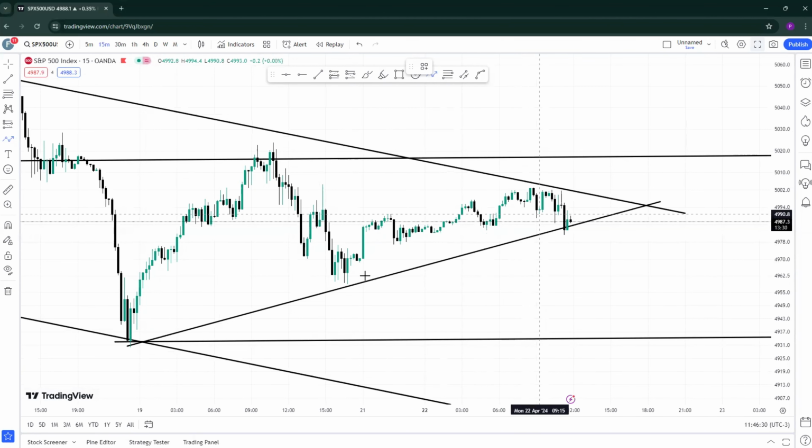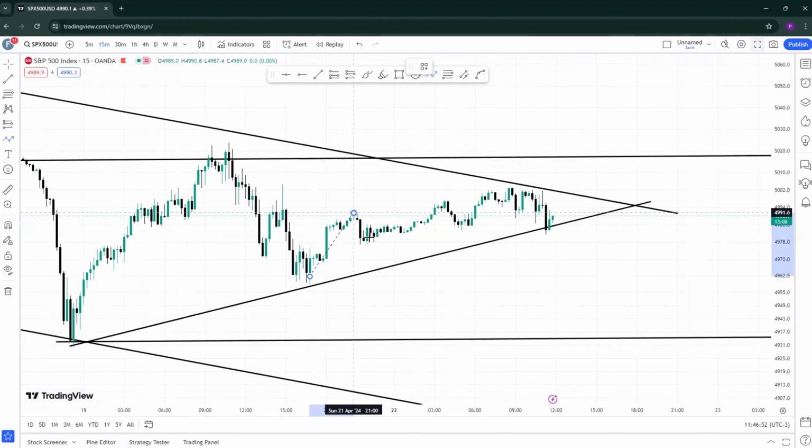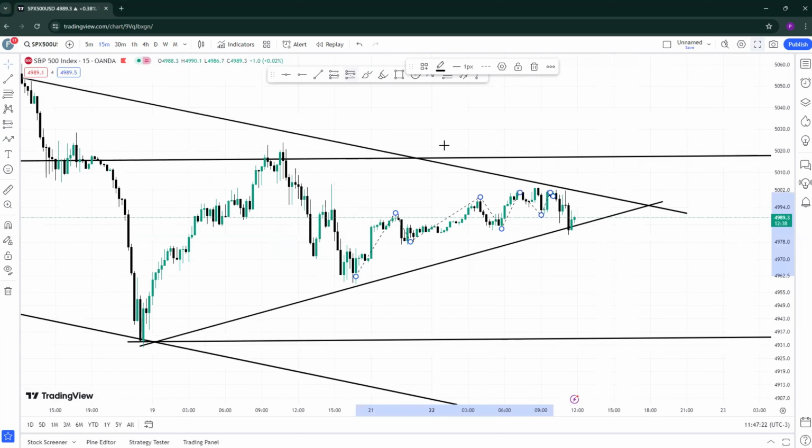For you to identify that the trend is over, there will be a change in character, or a change in trend. Over here we can see the market was making higher high, higher low, higher high, higher low, until it decided to make a double top. Then the market decided to break this previous high. So this is another confluence telling us to sell this market. As a day trader, you can just place your trade over here,